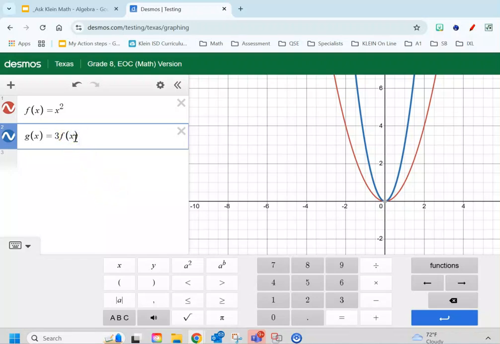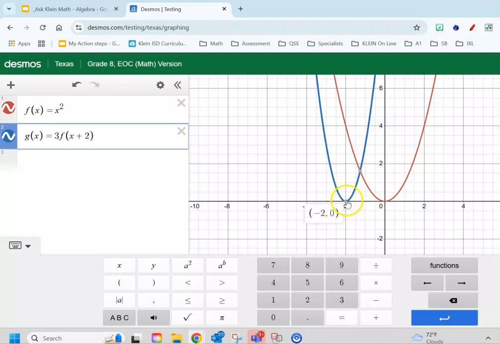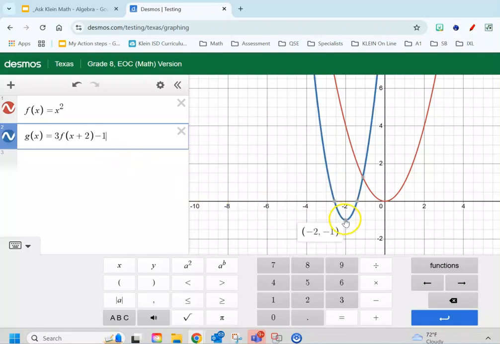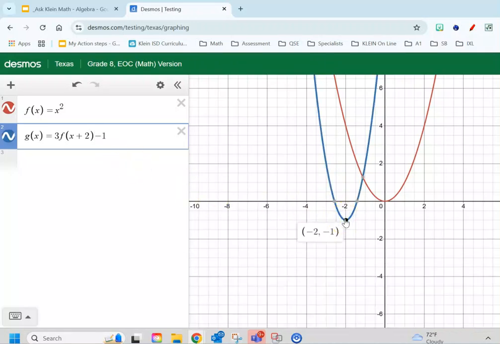Now I'm going to add the vertex. Notice now that the blue line just shifted left 2, even though it says plus 2, and I'm going to shift it down -1. So as we can see here, my vertex checks out. It is -2, -1. It has a vertical stretch. It is shifted horizontally left